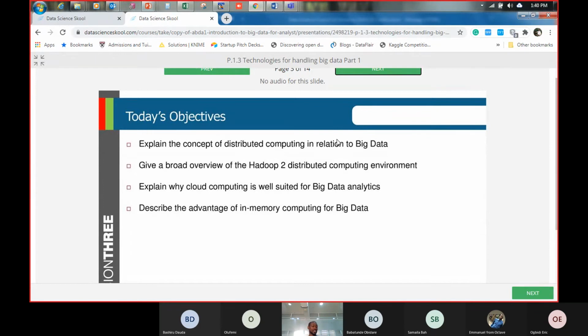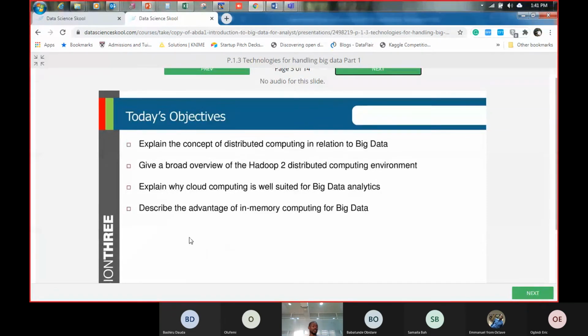Then we will also introduce the Hadoop distributed computing environment. A lot of people hear things about big data, Hadoop. What exactly is this thing? It's not a big deal. It's something that is part of your everyday life. It's just for you to have somebody that will explain it in a layman's way that will help you understand how it all works. So I'll explain it in a technical way, but also in a layman's way. And then you're also going to practice it by the time you set it up on your PC.